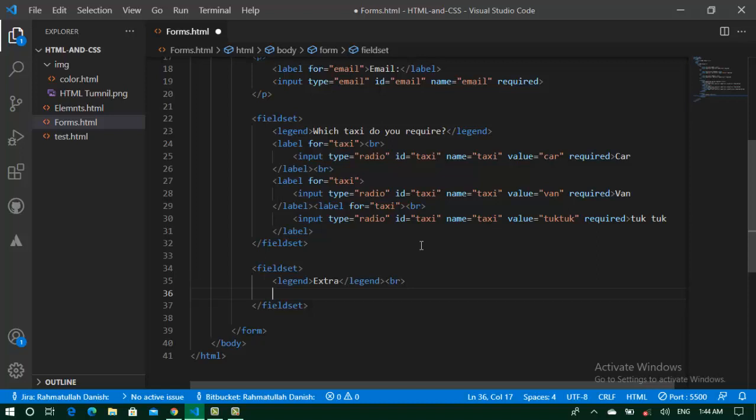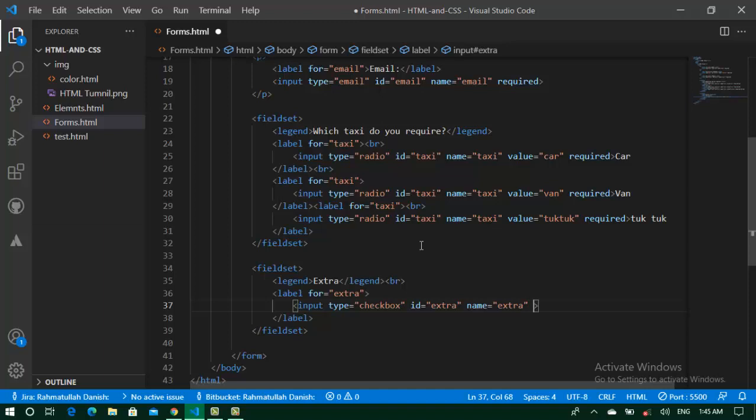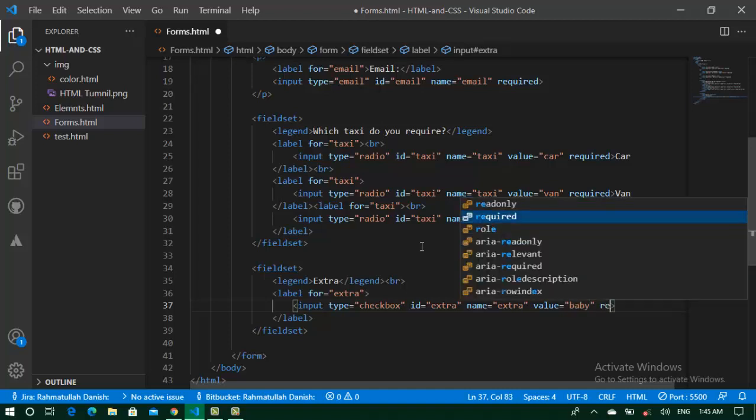We use the extra checkbox elements for walking sets, babies, wheelchairs, or stop tips. We use a label field for baby. Type, which type? Checkbox. ID for value is baby. This requires